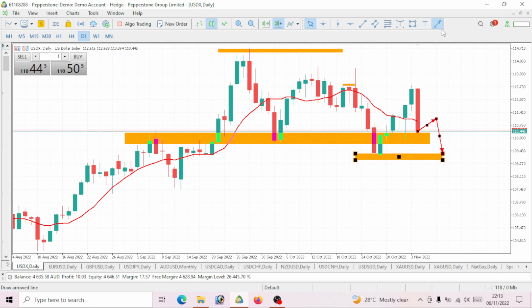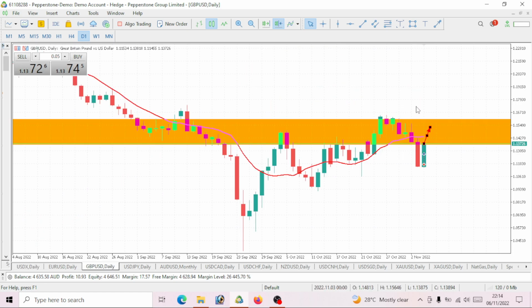So we can consider this as a drop. Then maybe a little bit of a pullback, which will give us that green. Then after it, a drop should occur to take out this low, because I believe the drop will occur to take out our liquidity level. So by the time we have this drop on our USD index,